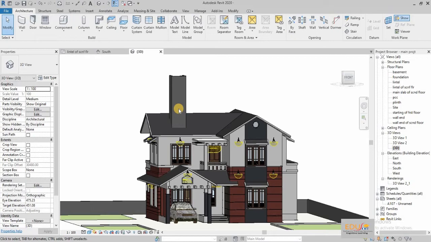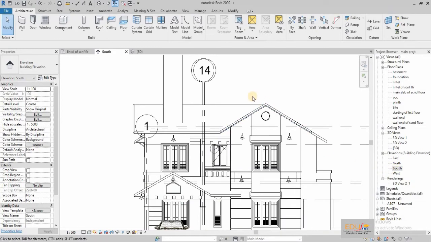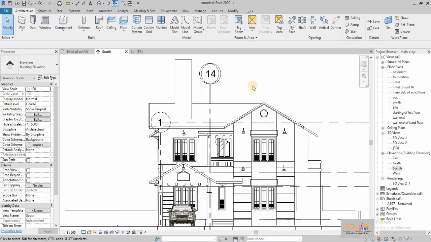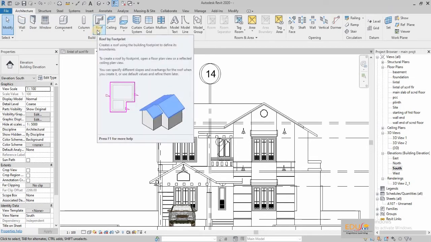Next, we are opening an elevation view for drawing the dormer roof part. Go to the Architecture tab. Click on the Roof icon on the Build panel. And select Roof by Extrusion from the Roof drop-down menu.